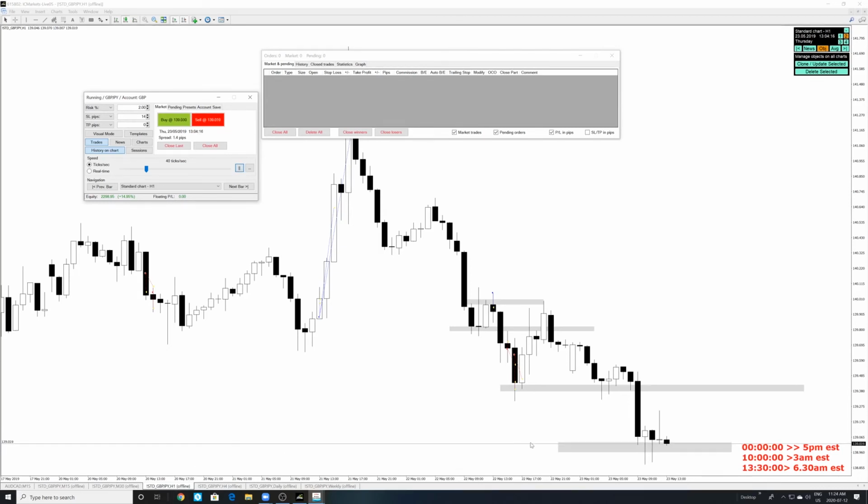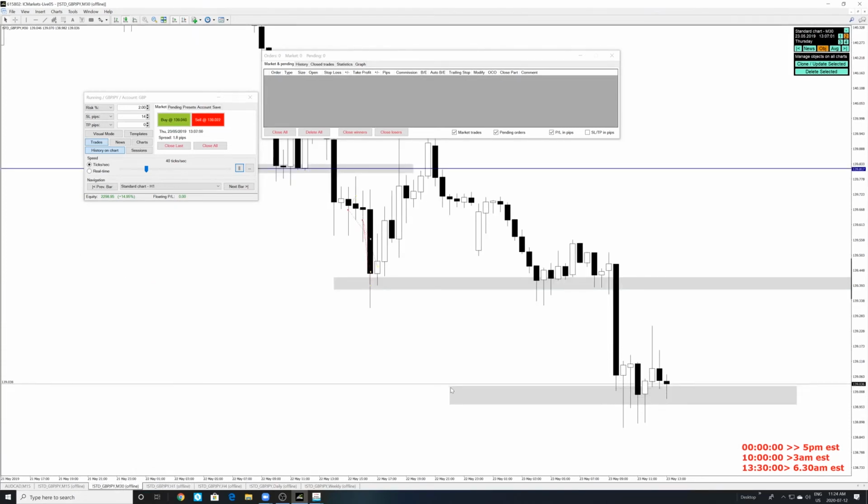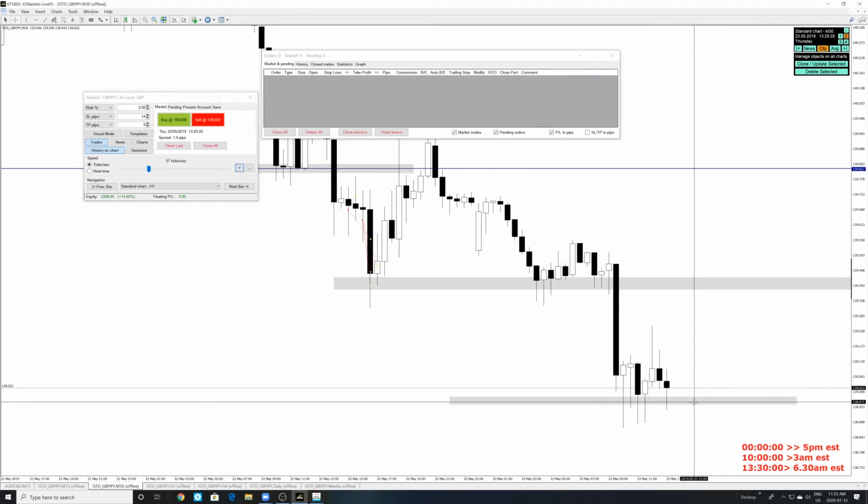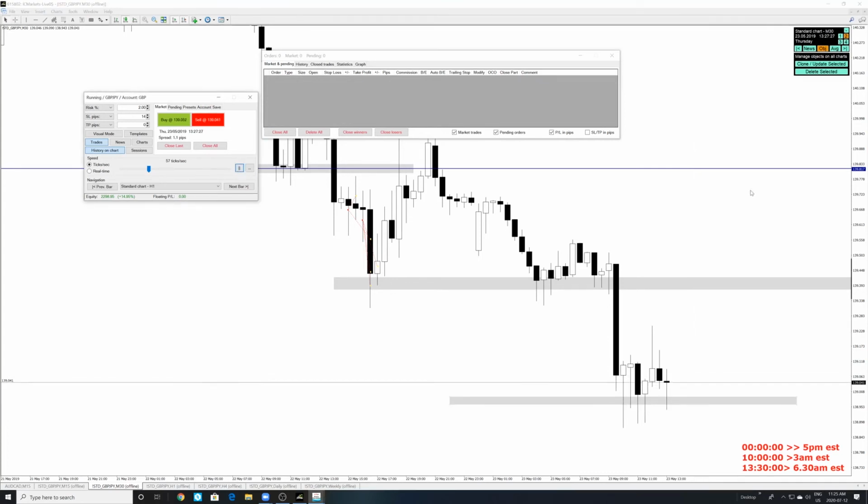All right, let's take a look on the 30-minute here too. Let's clone these onto the 30-minute. Yeah, 30-minute is also ranging. Look at that, ugly price action. Yeah, so just waiting around. It's coming down to support. If it closes below support, I think we can have another sell coming down. 100%, if it closes below support.